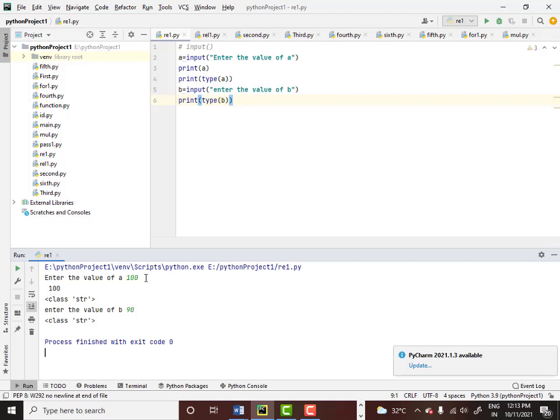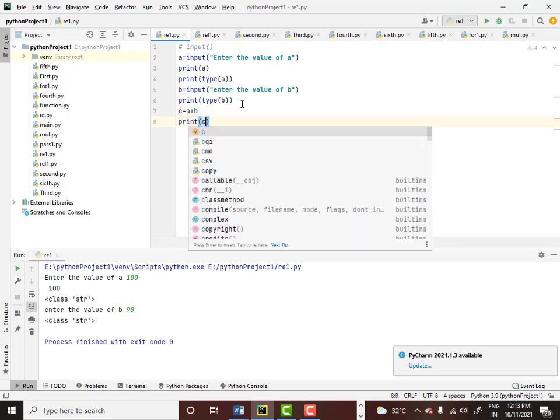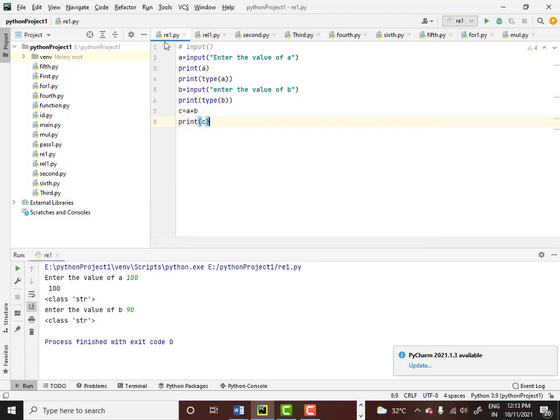So now you cannot add two numbers, because if you want to do any arithmetical calculation on numbers, it has to be of the number format. It has to be of the integer format. It cannot be of the string format. Okay, let us say that even though you ignore that, you try to add, and we'll see what happens. I will say c is equal to a plus b, and if I say print c, you observe the output.